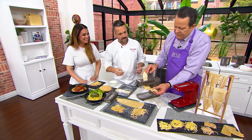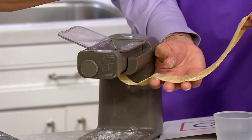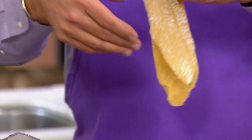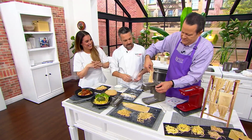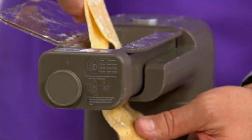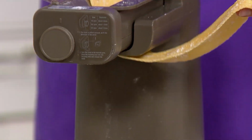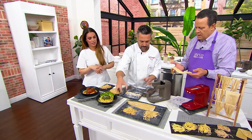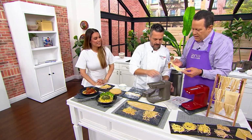Nice. Look, I made it even thinner. Yeah. And if you now make it wider, you can fold it in half and go. And then feed it through again? Yes. Oh, look at me, I'm fancy. We're going to have fun with this. Oh, look at this. Yep. And now you turn it off, detach it, put this back in, turn it on, and now you have...